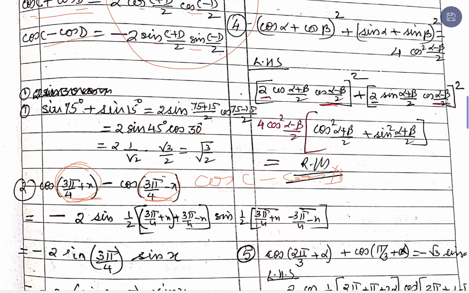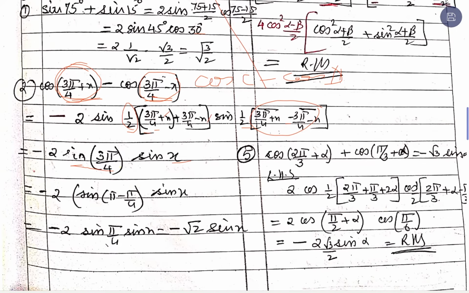which says that the formula associated with it is, if you see this, minus 2 sine of (C plus D) on 2, which I have written as a multiple of half, and sine of (C minus D) on 2, again written as a half. So in the simplification of this expression, x gets cancelled, 3 pi on 4 and 3 pi on 4 add up as 2 times 3 pi on 4, which cancels this 2. So it is nothing but sine 3 pi on 4. Now here 3 pi on 4 gets cancelled and you have 2x, which is divided by 2, so we have it as x.